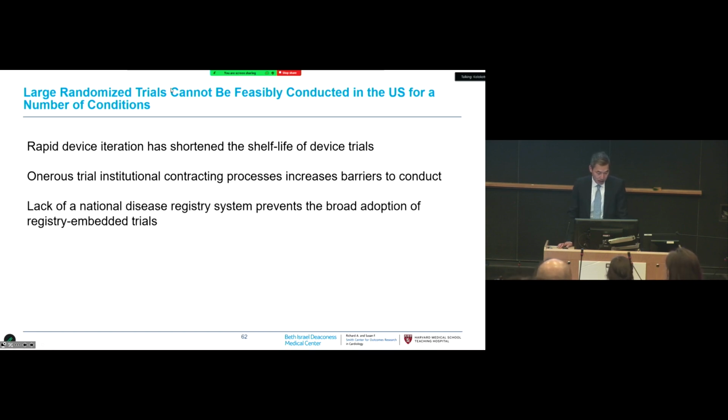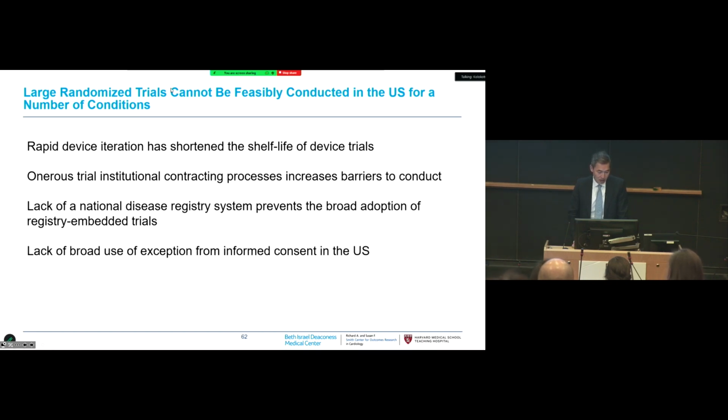It's actually just very difficult to get trials done for sponsors and for academic sites or other clinical sites. We don't have a national disease registry system that might allow for a registry platform like they have, for example, in Sweden, where randomized clinical trials can be done much more feasibly and less expensively, because they have a standing data collection mechanism upon which randomization can be superimposed. We don't have that here in the United States.